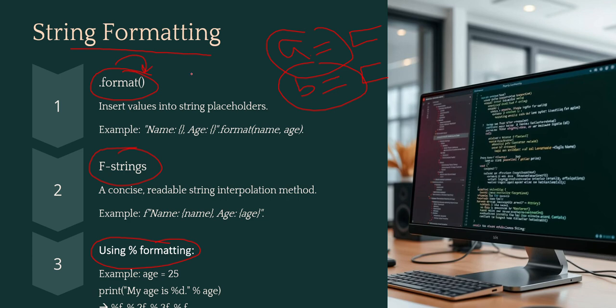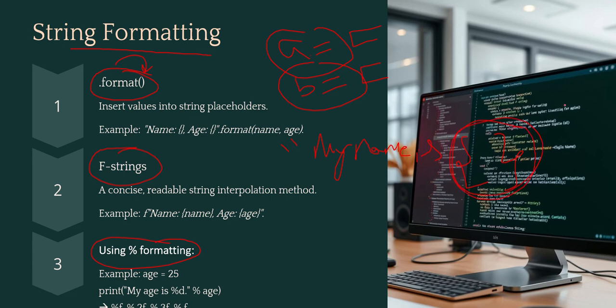For example, let's say in a string I'm writing "my name is". Here I want whatever value is entered by the user in a, so this is a placeholder for that.